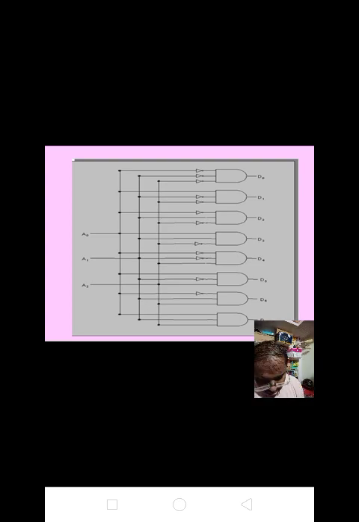Next S2 bar, S1 bar, S0. Next Q2 equal to S2 bar, S1, S0 bar. Q3 equal to S2 bar, S1, S0. Q4 equal to S2, S1 bar, S0 bar. Q5 equal to S2, S1 bar, S0. Q6 equal to S2, S1, S0 bar. Q7 equal to